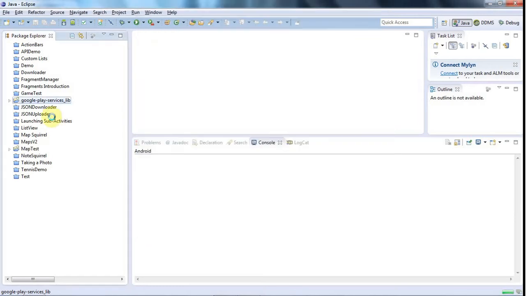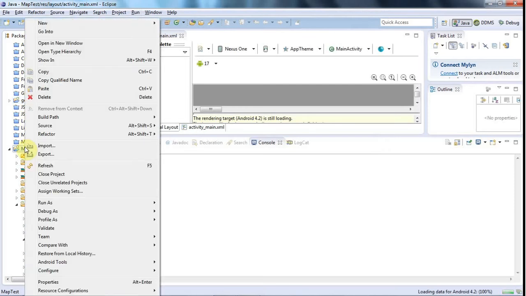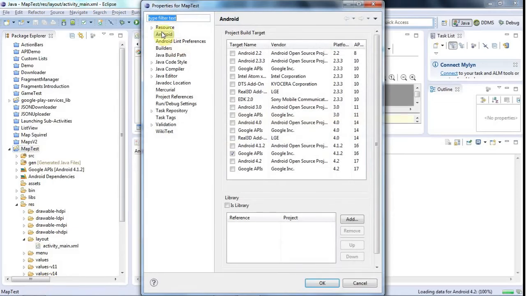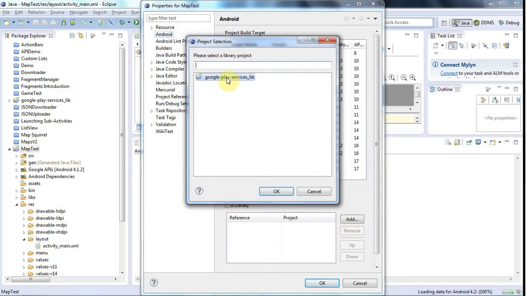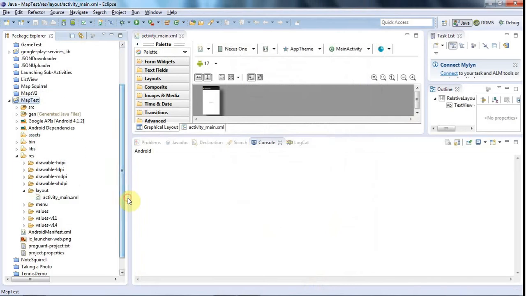And now we need to tell this project to use this Google Play Services lib project. And to do that, I right click the project and go to Properties, Android up here, and is library should not be ticked, so don't tick that. But underneath that, you see this blank table, and I need to click Add here and select the Google Play Services lib project. Click OK, and then OK. So now this project will use the jars from that library project,